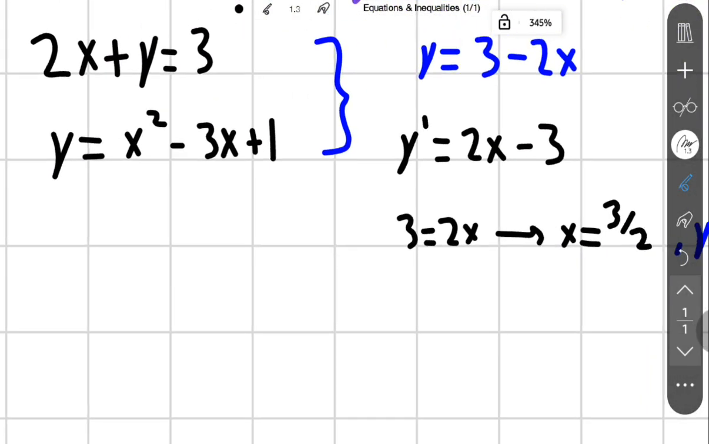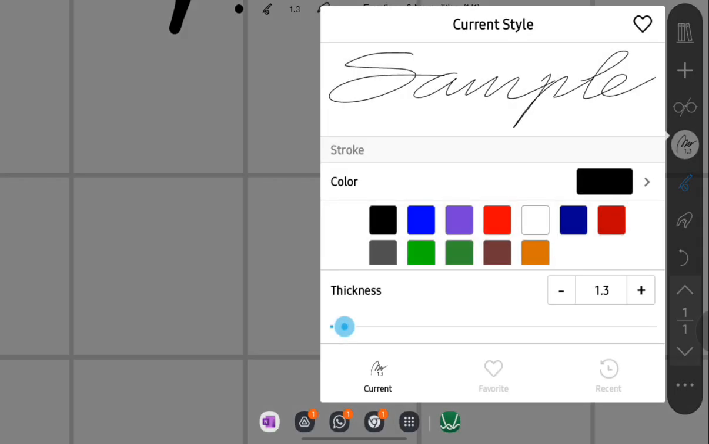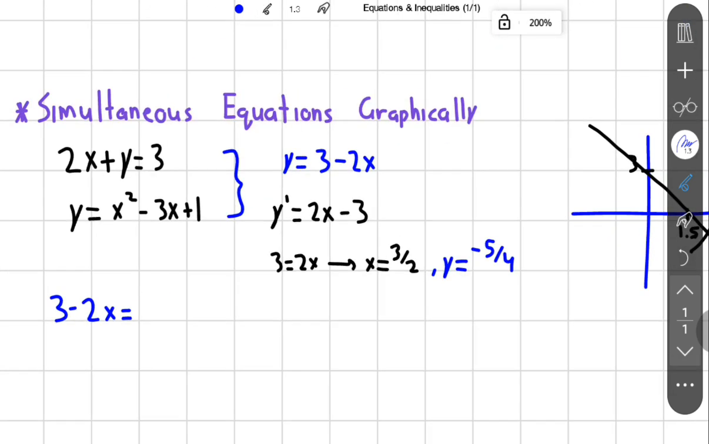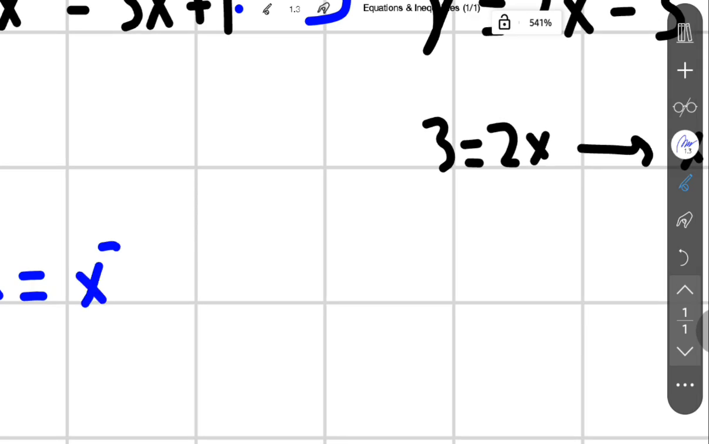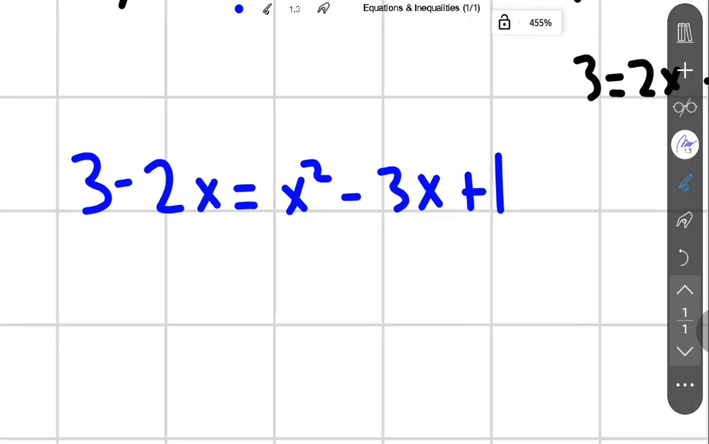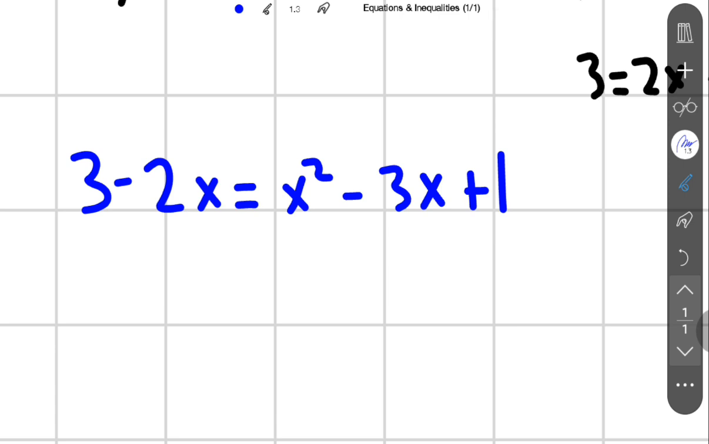Let's equate 3 minus 2x equals x squared minus 3x plus 1. Let's obviously gather the like terms together. So we can add 2x to each side, and we could subtract 3 from each side. So we'll be left with x squared. Let's add 2x, so we'll be left with negative x. Let's subtract 3, and minus 2